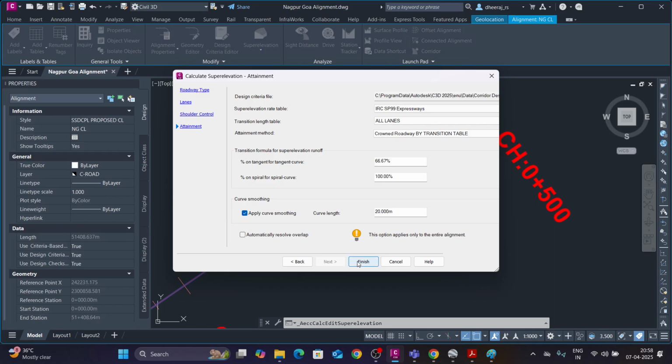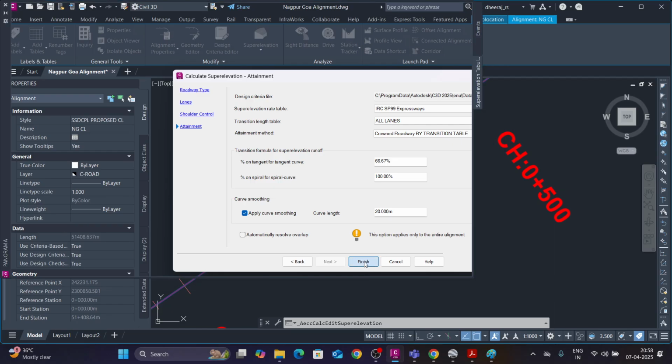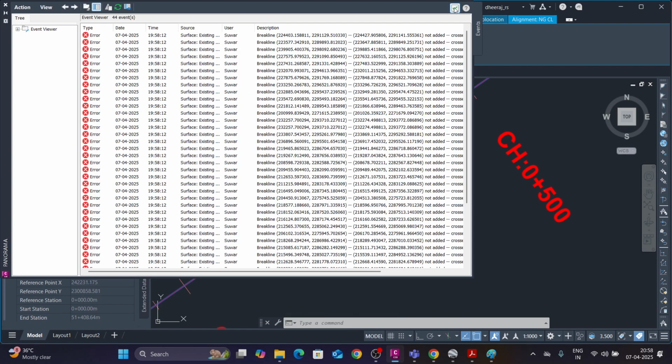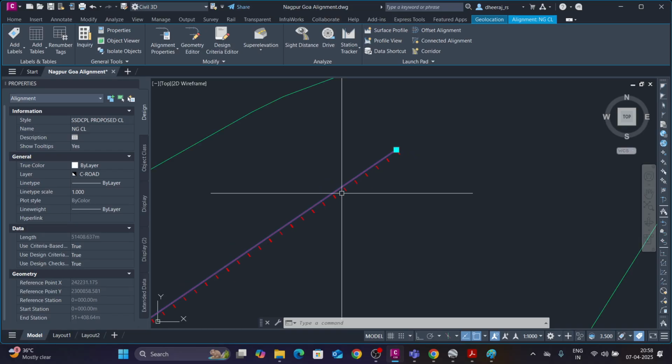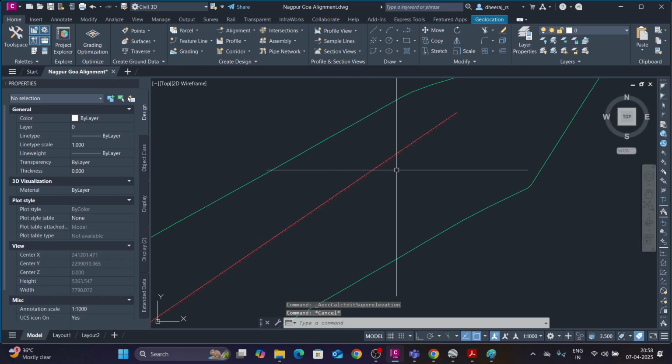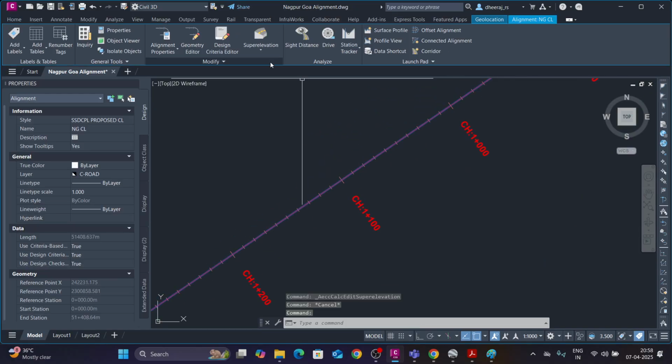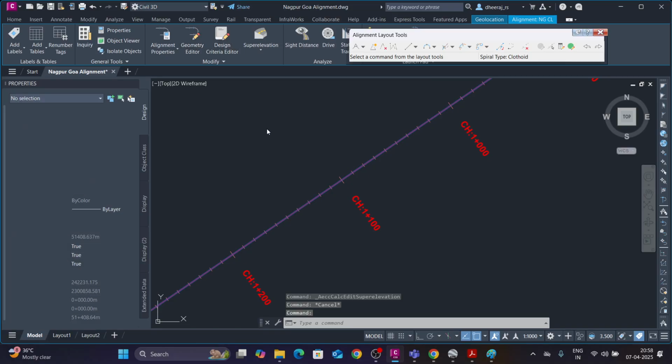It is by default. Then click on finish. It will calculate all the super elevation along the curves, right? Now I will click on this. Okay, click OK. Now all super elevation will be calculated, right? You can see, first I will show what the curves are, right? In the geometry editor,